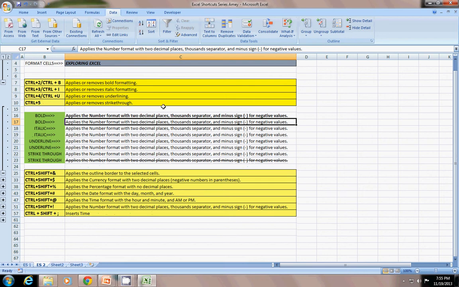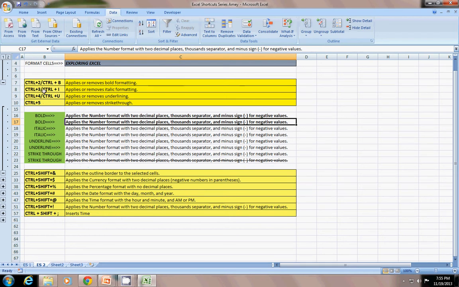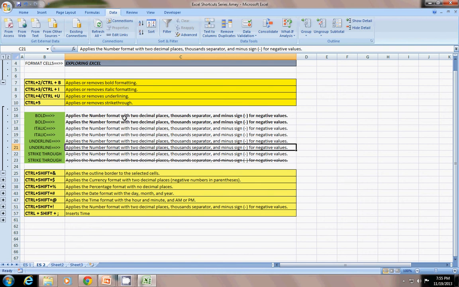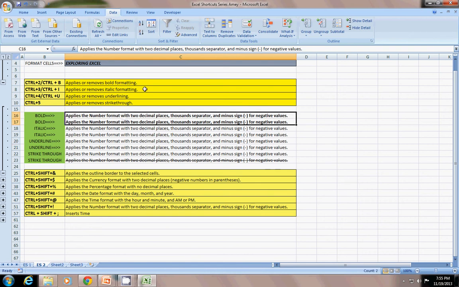I can also do this action with Control B. That might be a little bit easier, as Control plus B for bold, Control plus I for italic and Control plus U for underline. The same way I can remove it, Control 2 or Control B to remove that format. Still I am just pressing Control B.